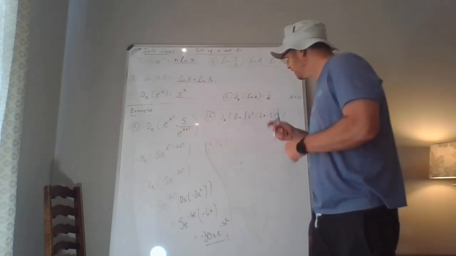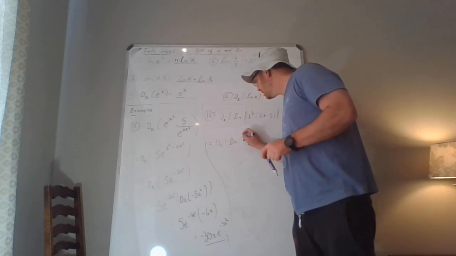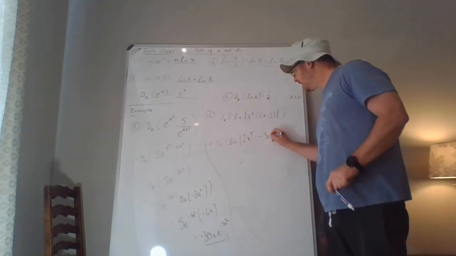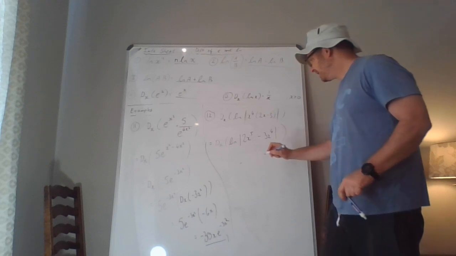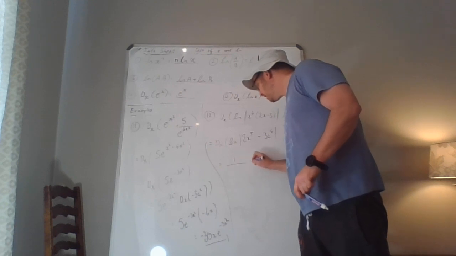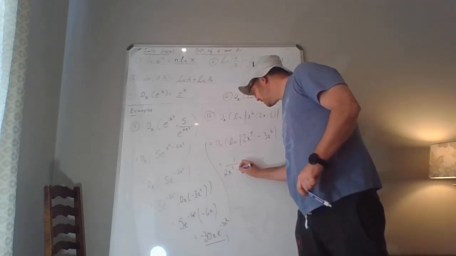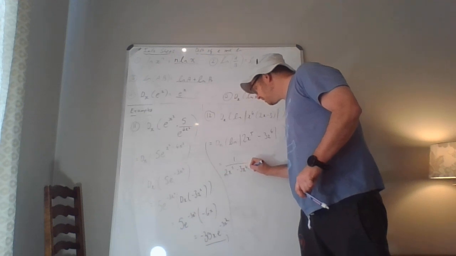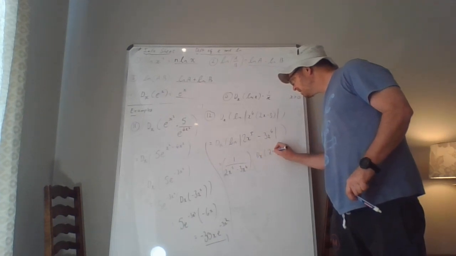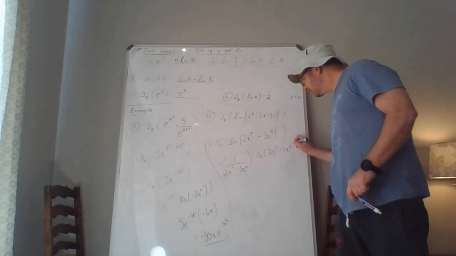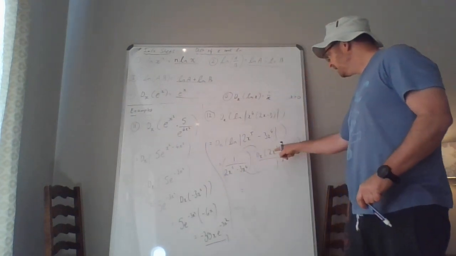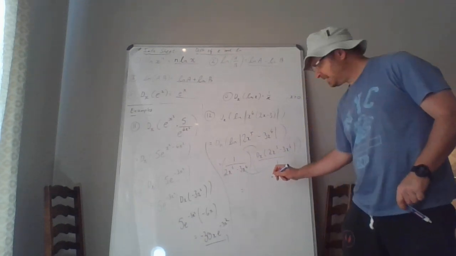So it's going to be the derivative of ln absolute value of 2x to the 5 minus 3x to the 4. Okay, and the derivative of ln of a function is 1 over that thing, so it's going to be 1 over that function, which is 1 over 2x to the 5 minus 3x to the 4, okay, times by the derivative of the inside function, derivative of 2x to the 5 minus 3x to the 4, which is going to give you, remember that's over 1, so you times the top times the bottom, and the derivative of the top bit over there is going to be 10x to the 4